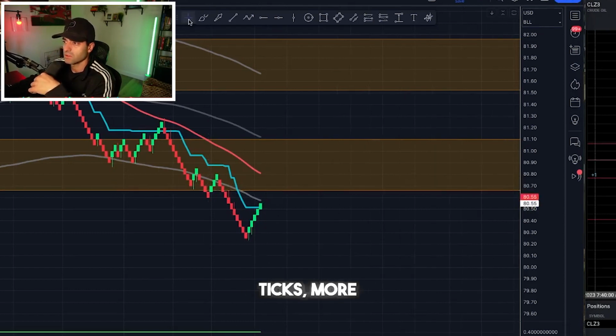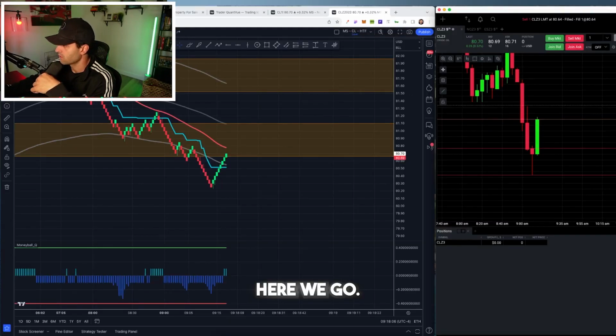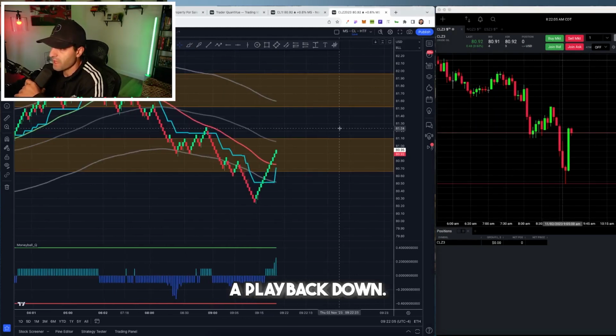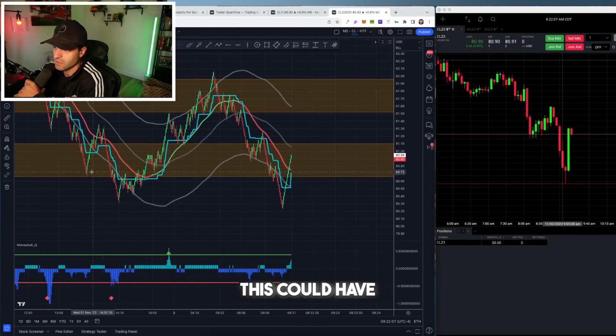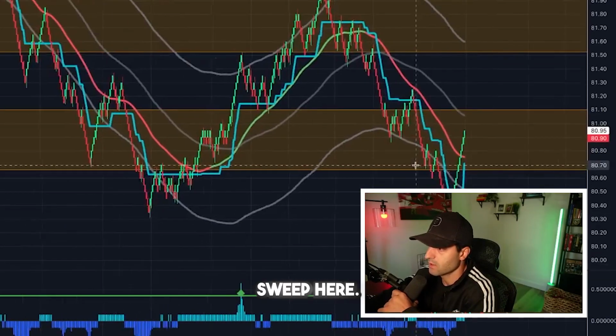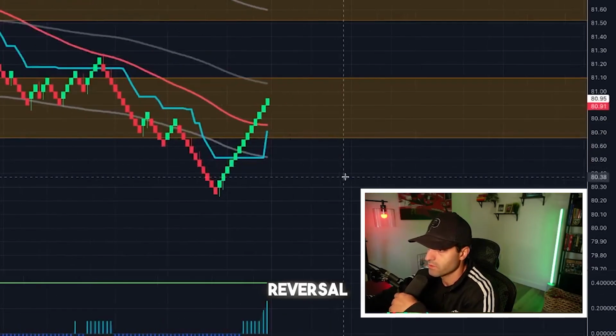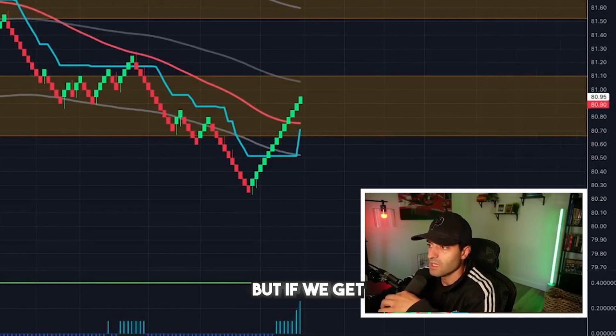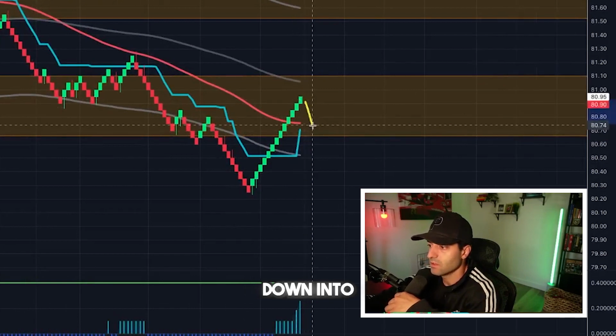A couple more ticks and we'll basically just hit this pivot point. Order filled. There we go. Quick 180 bucks, not bad. So if we get a play back down, as you can see, this could have just been a liquidity sweep here. We just caught a little fun reversal move there, but if we get a play back down into maybe the